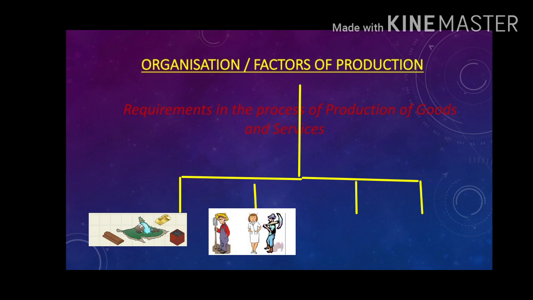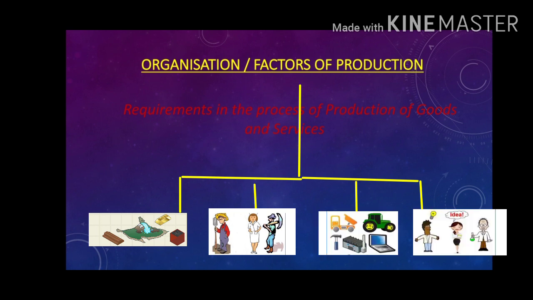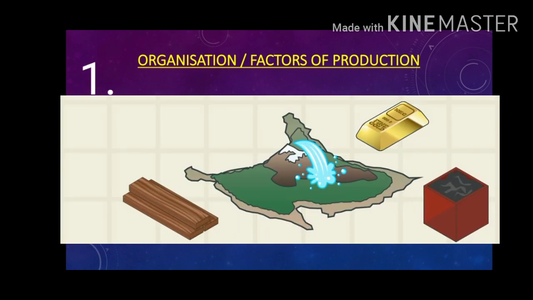But to study these factors of production, we have to play a game. Let's make it interesting. So what's the game? It's a guess game. You have to guess, and that's how we study. Are you ready? This is the very first and very important factor of production. So what is it? Any guesses? What's coming to your mind? Just pause the video for a second or two and tell yourself the answer.